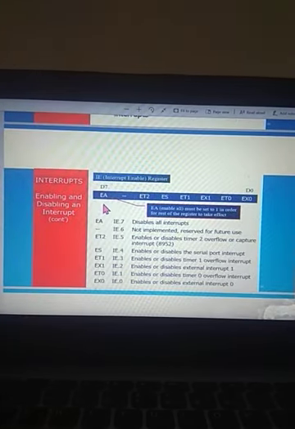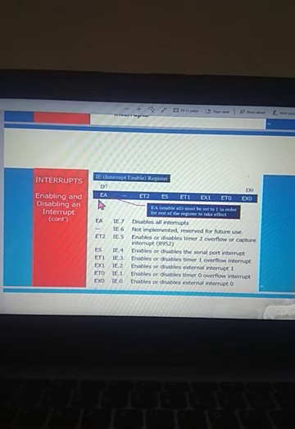Unless this global enable bit is equal to 1, the other bits have no meaning. Even if you try to activate any interrupt, none will come into effect. So if the microcontroller is doing a crucial task, we can make it disabled, and no interrupt will break that particular task.